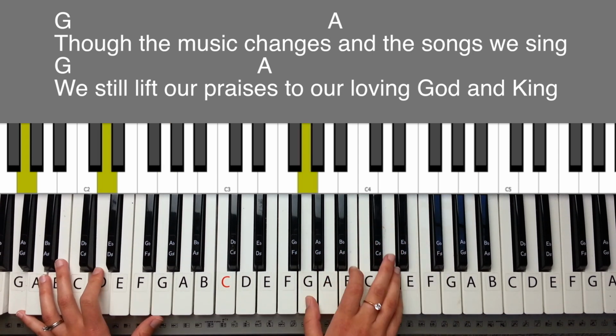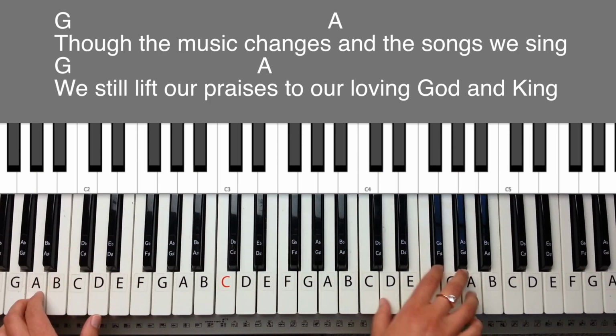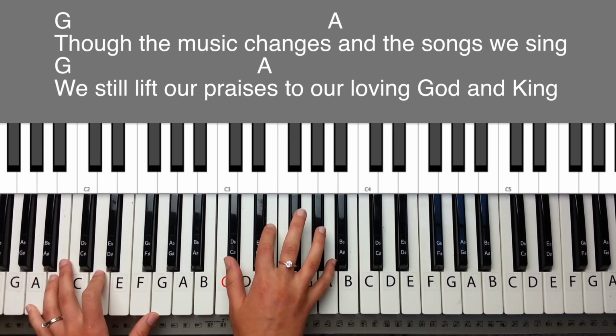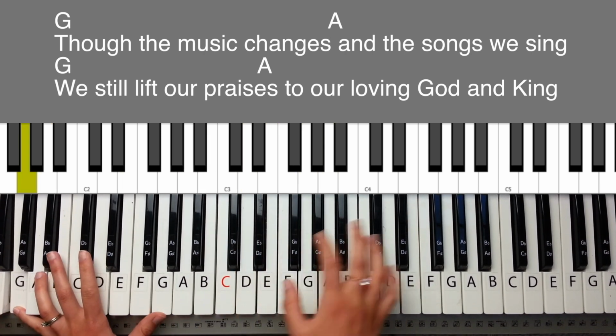Though the music changes, the songs we sing, we still lift our praises to our loving God and